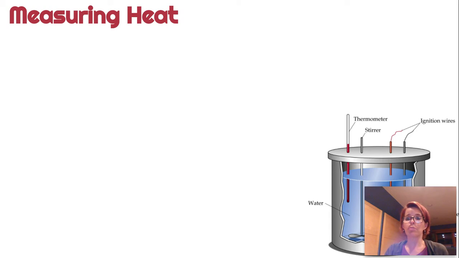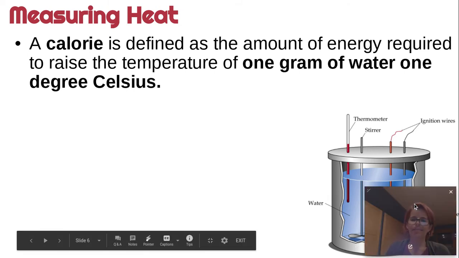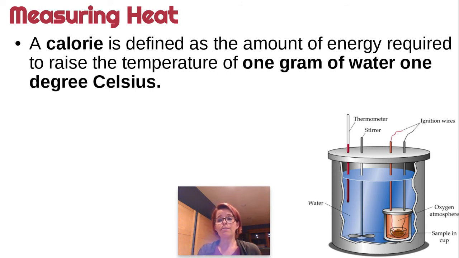So how do we measure heat? Well, there's a picture of a calorimeter. My face is in front of it again, but that's a way we can measure it. A calorie is defined as the amount of energy required to raise the temperature of 1 gram of water 1 degree Celsius. So this calorimeter maybe has, I'll make up a number, 100 or 1,000 grams of water. If the temperature, as we burn the sample in the cup, increases by 1 degree and we had 1,000 grams of water in there, then we would say there's 1,000 calories